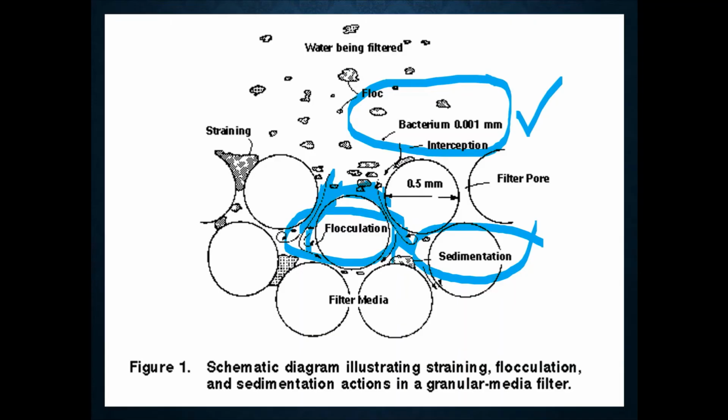And the last is the electrolytic changes. We have seen that positive charge and negative charge, when they combine with each other, are going to neutralize each other. The impurities flowing through the water, similar to electrons, have a negative charge, and the sand particles have a positive charge. When the negative and positive come in contact with each other, they neutralize each other, and water purification occurs. This phenomenon is known as the electrolytic changes.